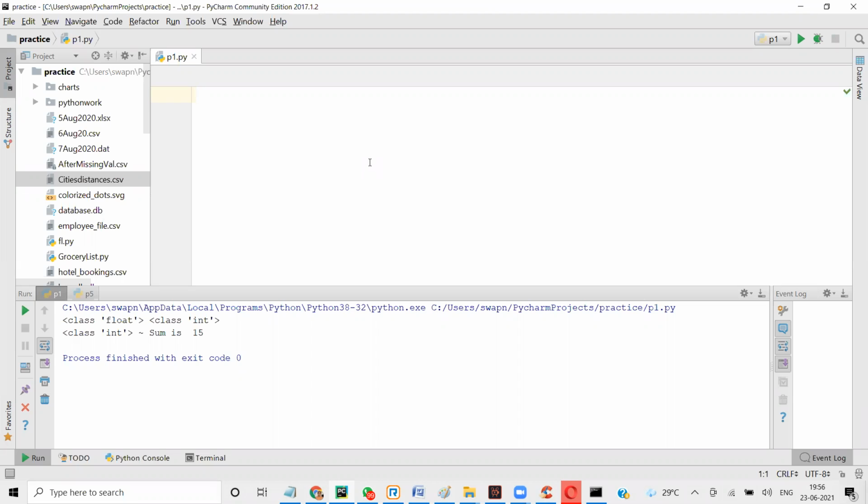So we have seen how to check conditions in Python, right? Using if, and we have also seen how to perform loops. Yeah, let's do some examples. Okay, we'll do some examples here.